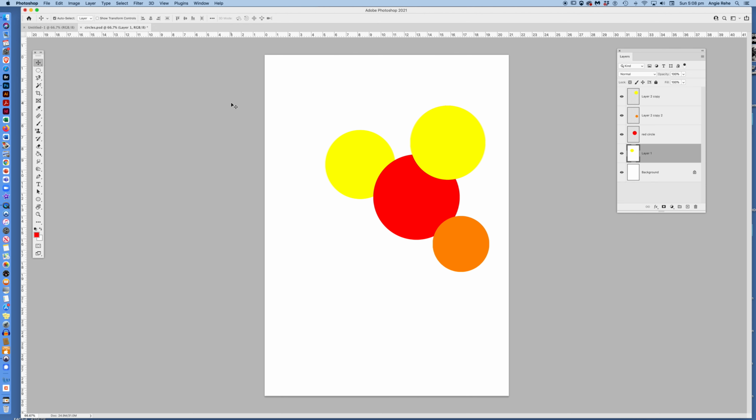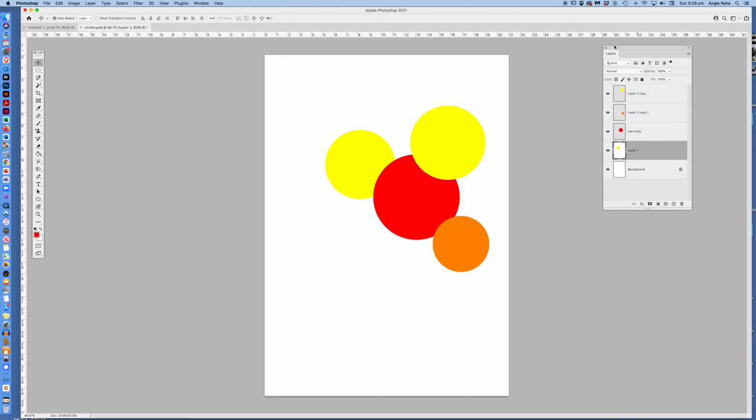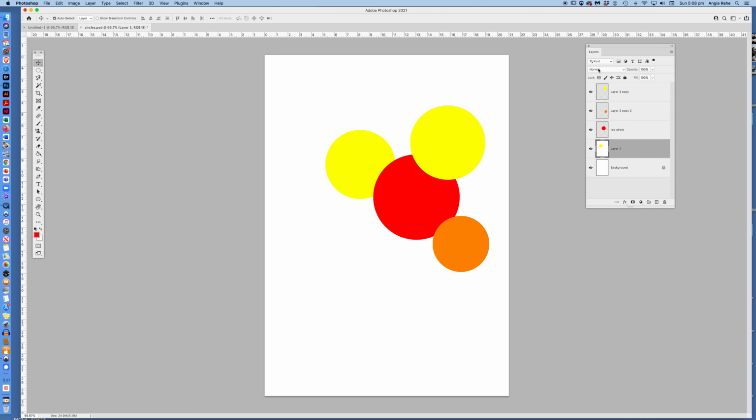Okay, let's talk about something called the layer blend modes. So I have my circles on a few different layers here, and if you look in the layer panel where you'll see the word normal, if you hover over that, it'll tell you set the blending mode for the layer. Now there's two modes that you will use almost all the time, and that is normal, where everything is